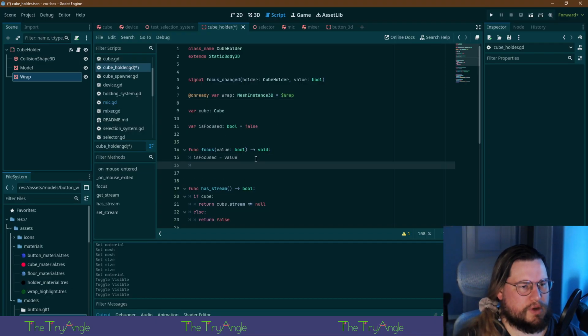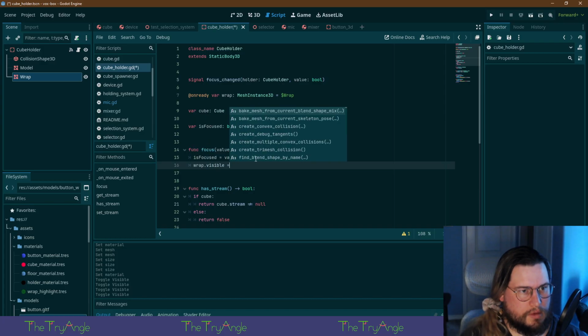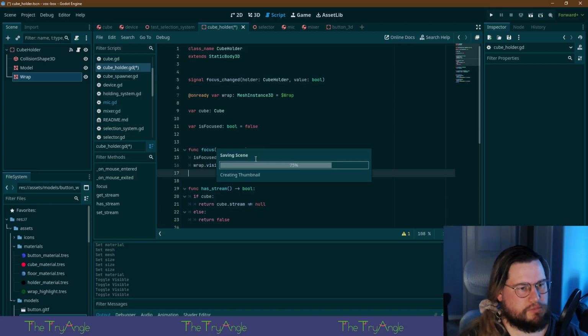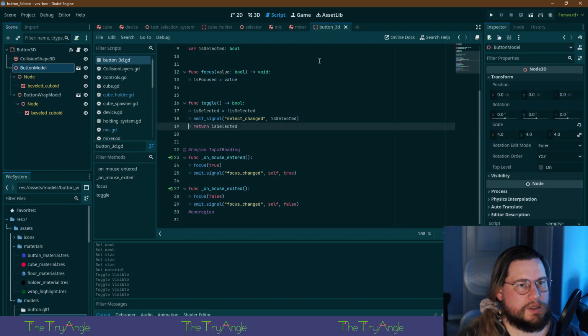So when we're focused, just highlight it. Same with the button.